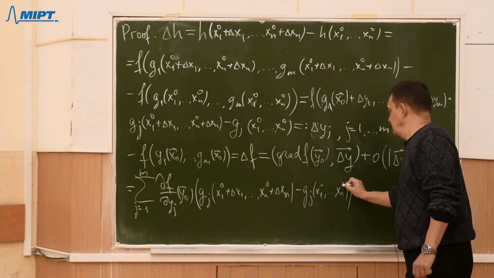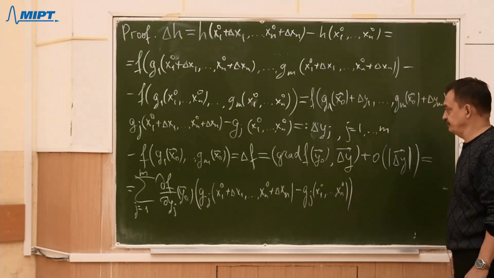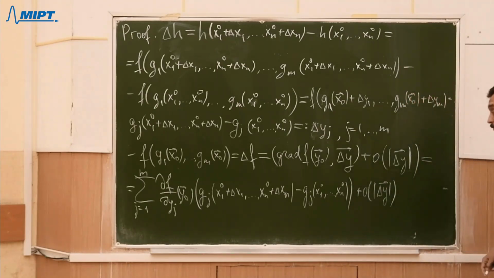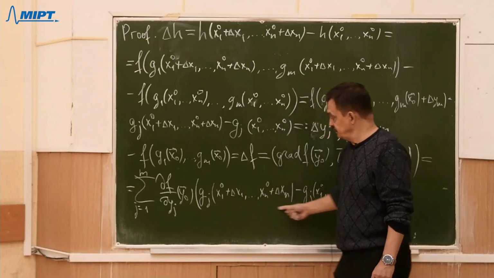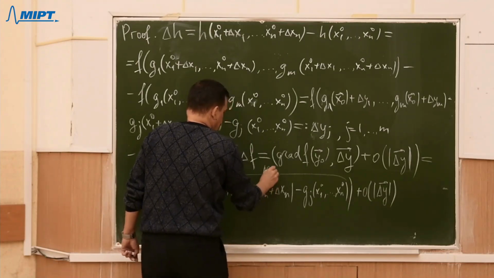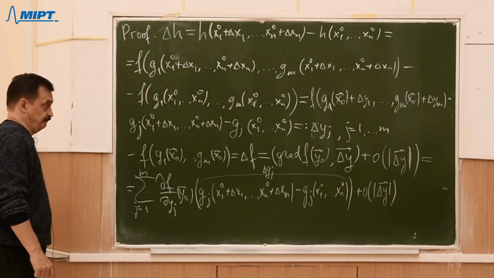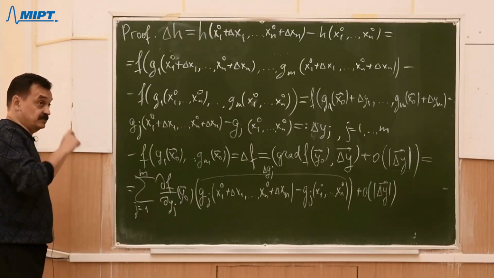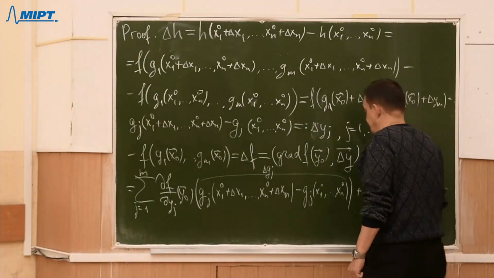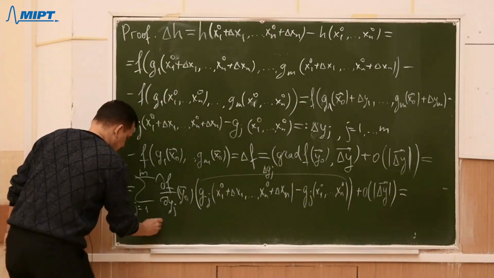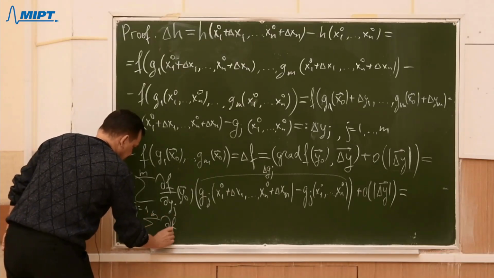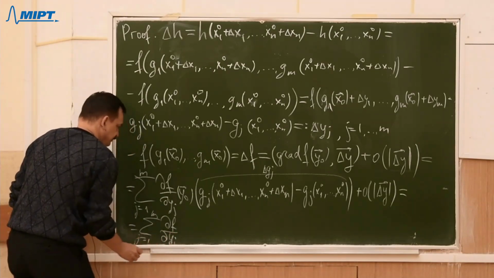Yeah, that is delta yj written here, plus little o of delta y, I rewrite. But now what is written here is precisely the increment of the function gj. And the functions gj are differentiable. Hence, once again, we can apply the definition of differentiability. So I will rewrite it as sum over j from 1 up to m, partial derivative of f with respect to yj at y naught,